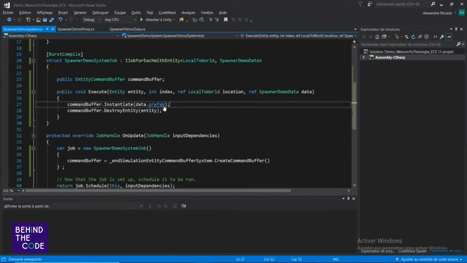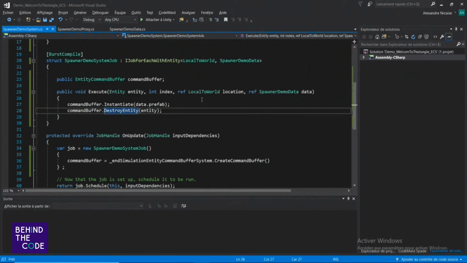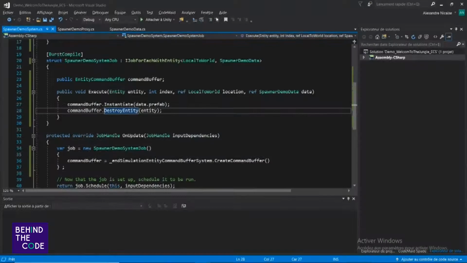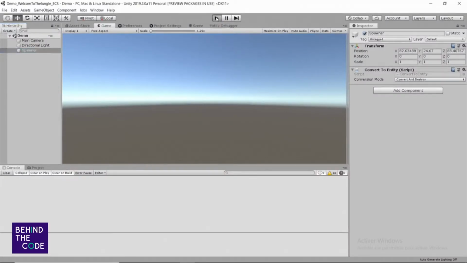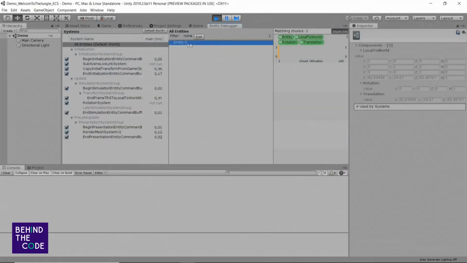You can use the function create entity, but it uses an entity archetype, or here I have an entity. Voilà. So now click on play, and our entity will spawn. Ah, it's not spawning, and I don't have my entity.